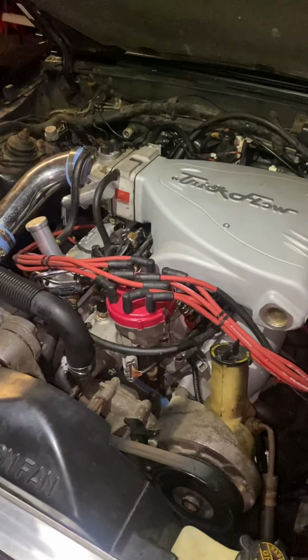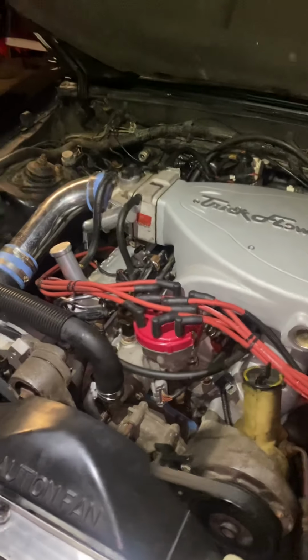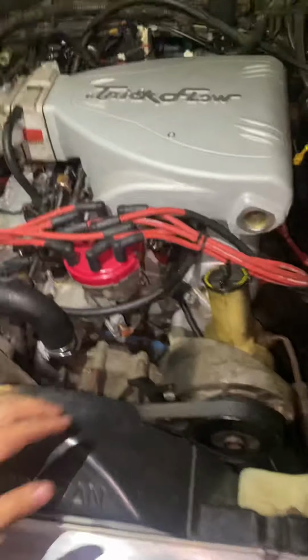Pretty clean, but it had the stock radiator. It has no thermostat. I've only owned it for about 11 months now. I've probably put 1,000 miles on it since I've got it. Just haven't really had much time to toy with the car. But I'm starting to think it doesn't have a thermostat in it, and I guess it would be just as